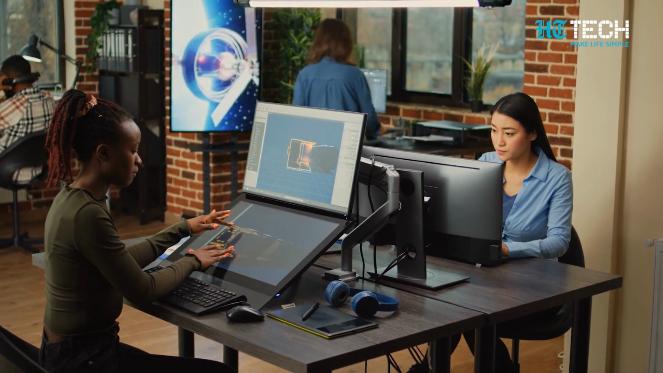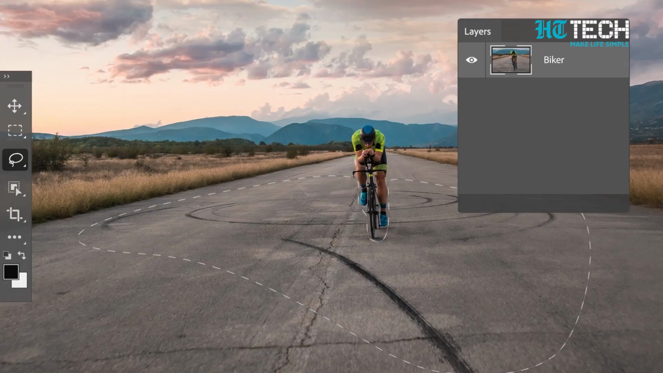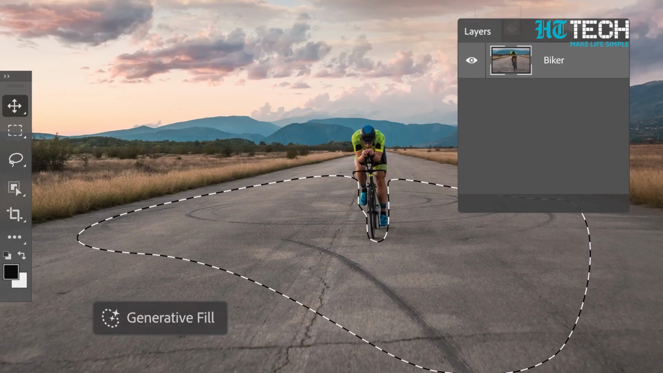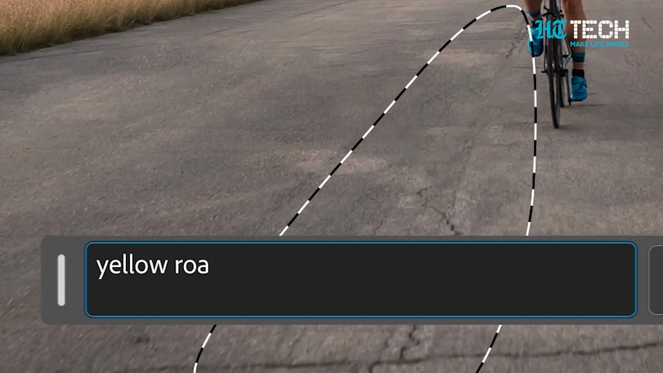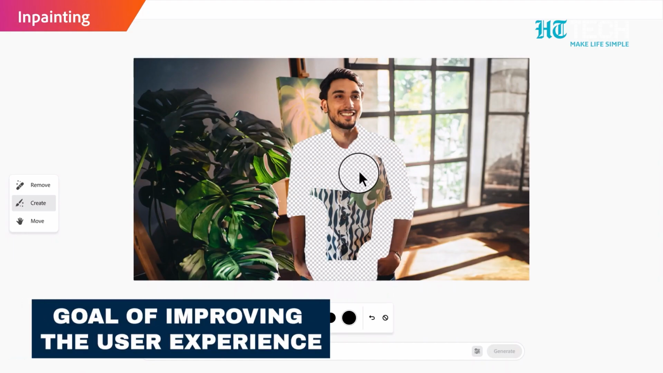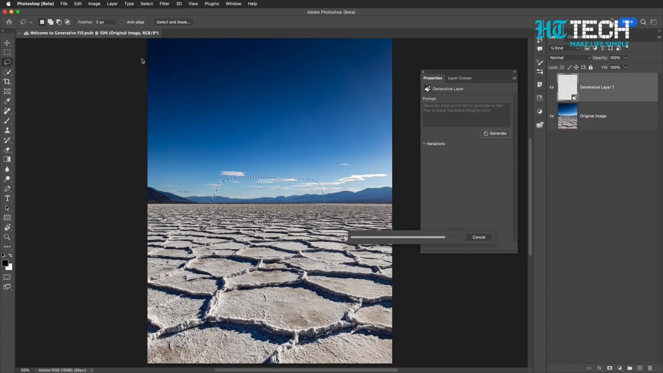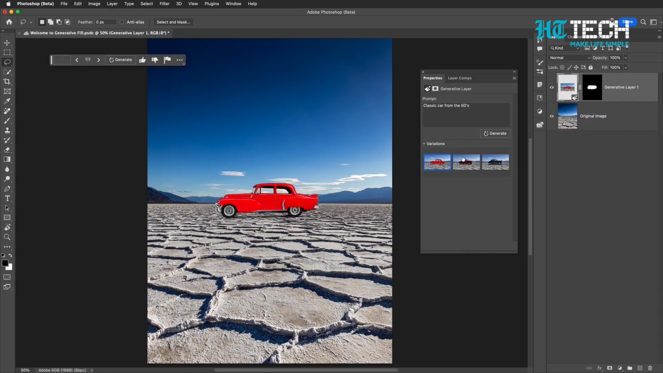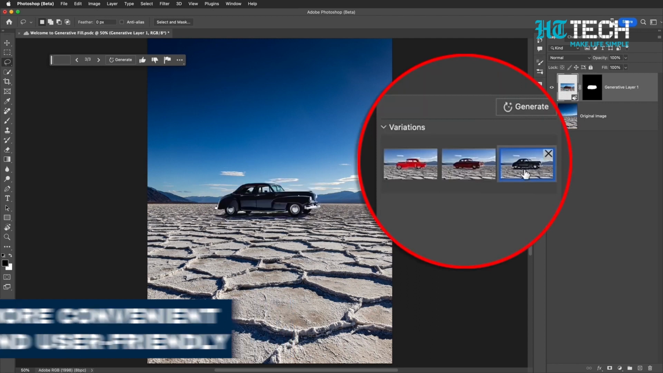Photoshop's Generative Fill will be located within a contextual text bar. The bar will appear on the screen each time a selection is made. This exciting addition to the photo editing application offers users easy access to the Generative Fill option. Adobe has a goal of improving user experience in Photoshop by integrating the contextual text bar. This integration aims to make it more convenient and user-friendly for people to access and utilize the Generative Fill feature